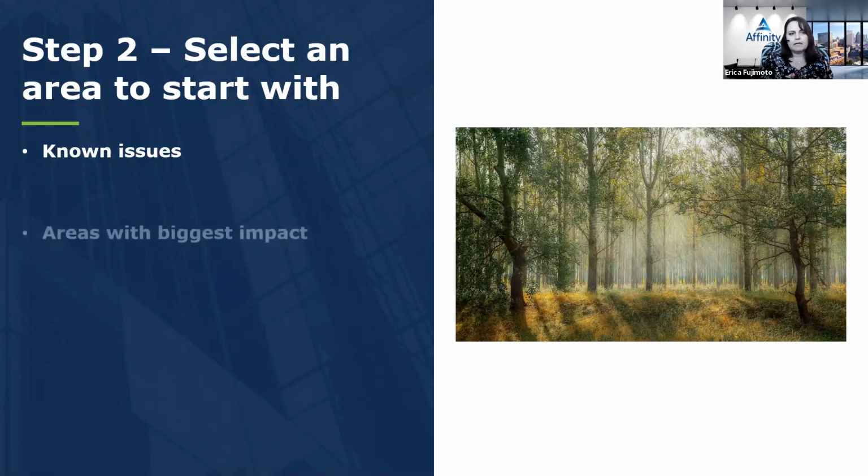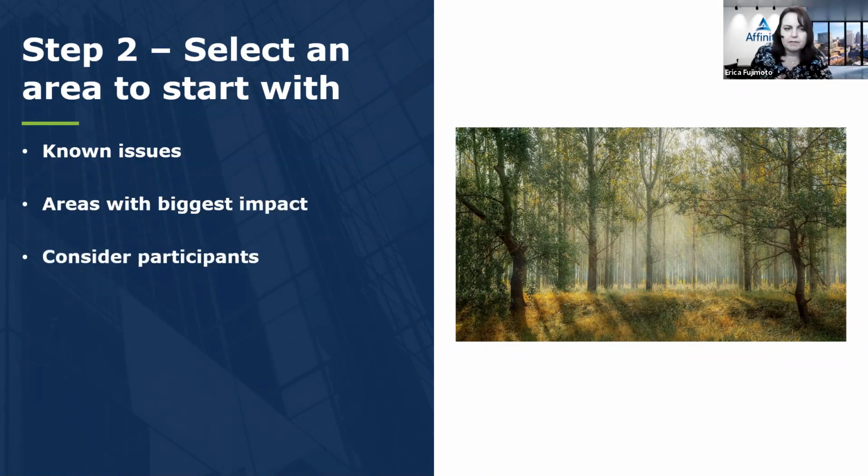Another thing that you might want to be thinking about is who's going to be involved. Sometimes in our firms, we have people who are going to be resistant to change. And oftentimes we know that mapping out the process is going to lend itself to making change and making improvements. But if the people who are going to be participating in our first project especially are people who are really resistant to change, then it might make the project a little bit harder. So you might want to start in areas with people who are excited about making changes, with people who believe that changes are needed and who want to be part of that solution. So you may be picking your project based on who your participants are.